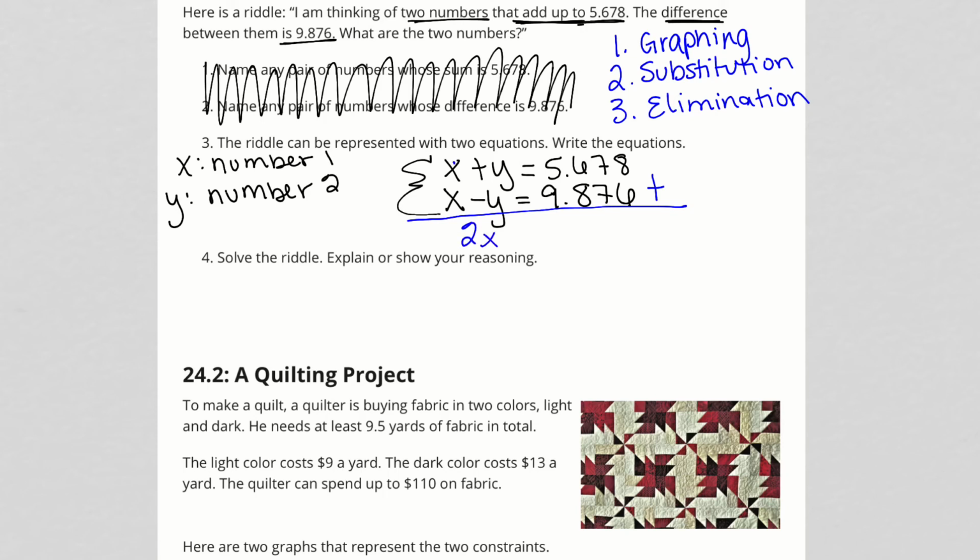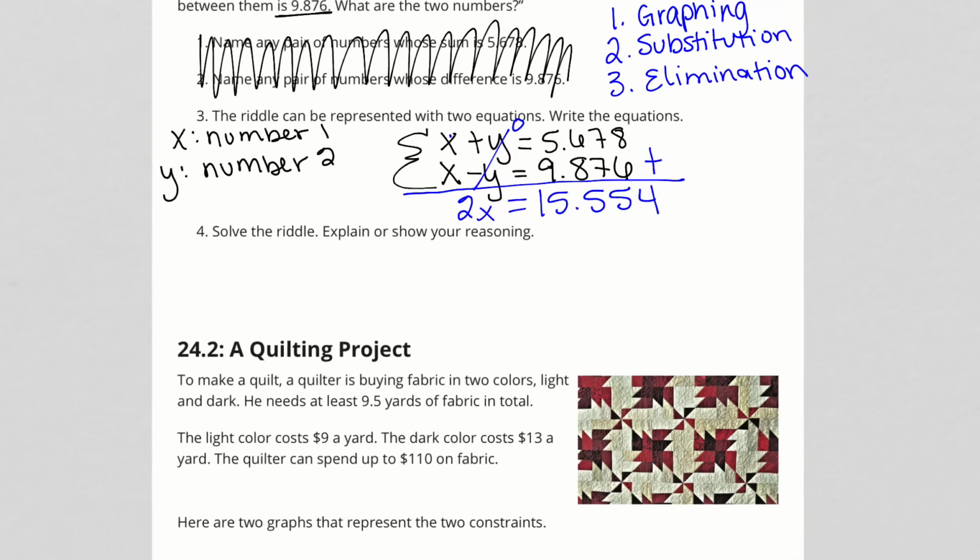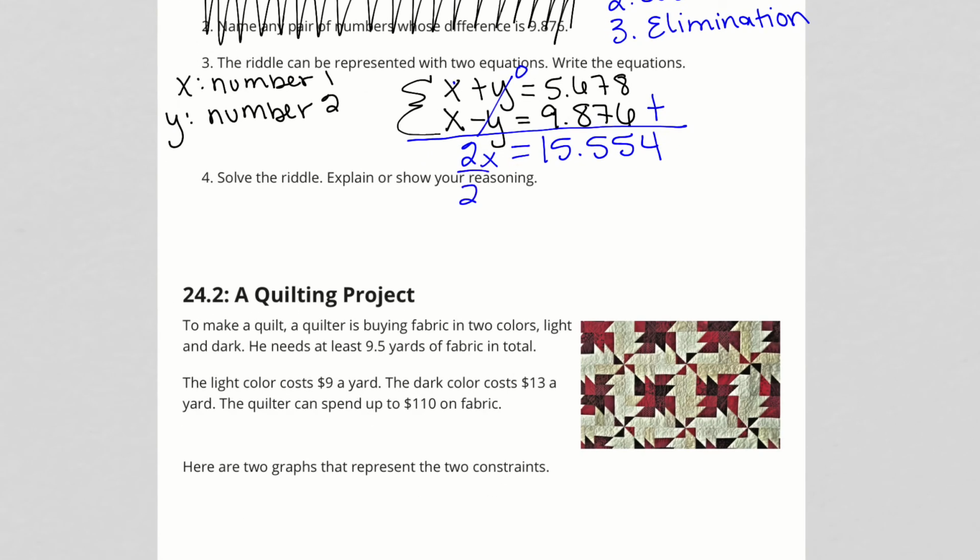If I add y plus negative y, I'm going to get 0 because those cancel out. If I add together 5.678 and 9.876, I'm going to get 15.554. Then we divide by 2 on both sides to get x equals